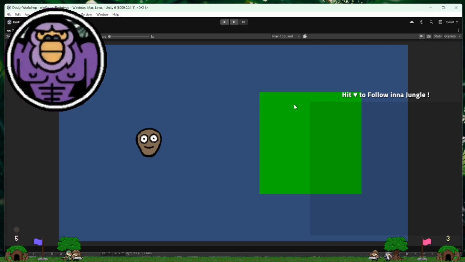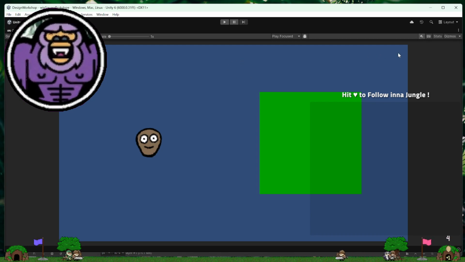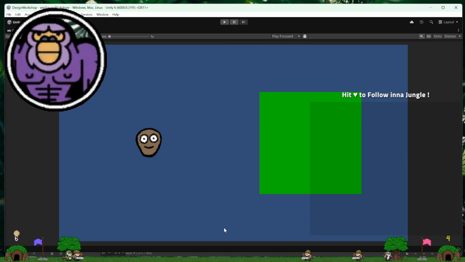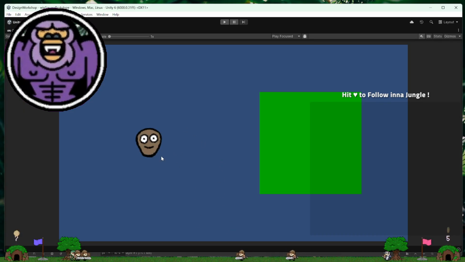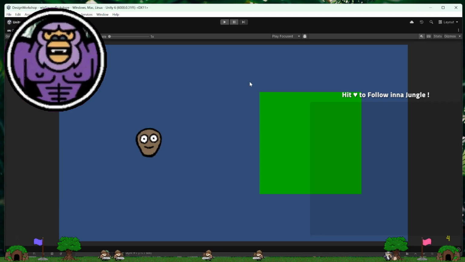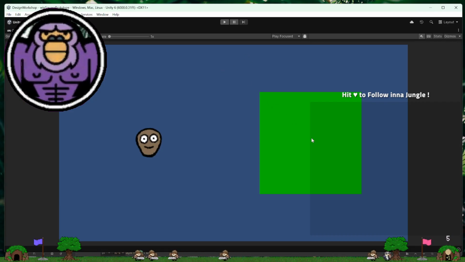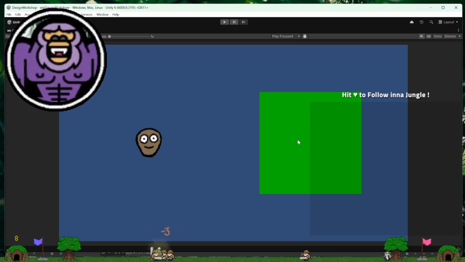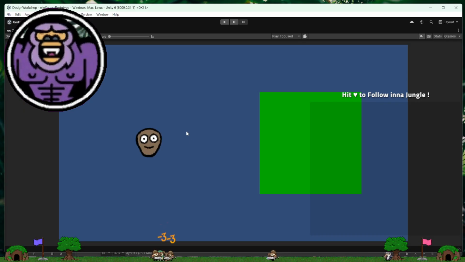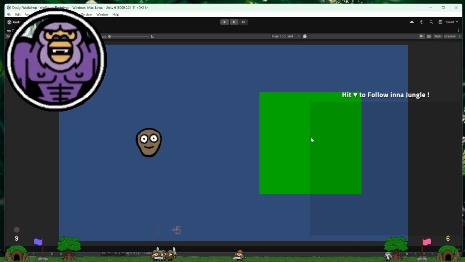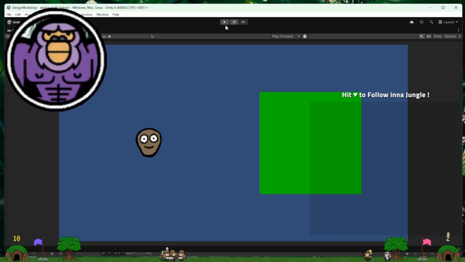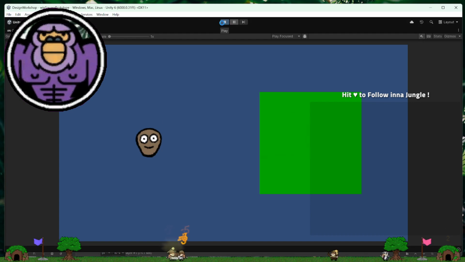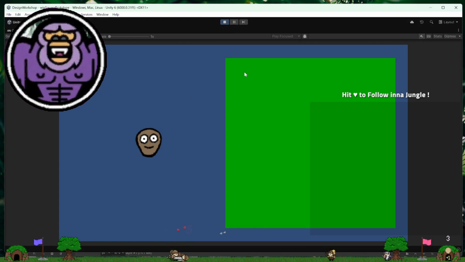Two of the rules are that it starts at some size when the game is not running. Another rule is that when the game is running, we're going to shrink the square. Two other rules are in place. One is if it gets too small, like smaller than the character, then we will make this disappear and you will lose. We will also stop the game.